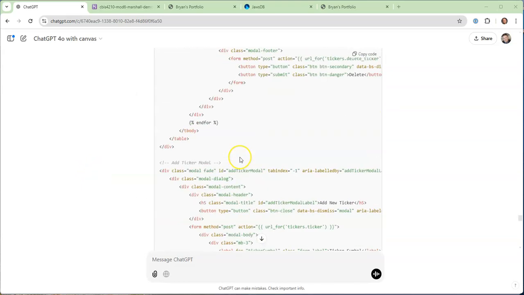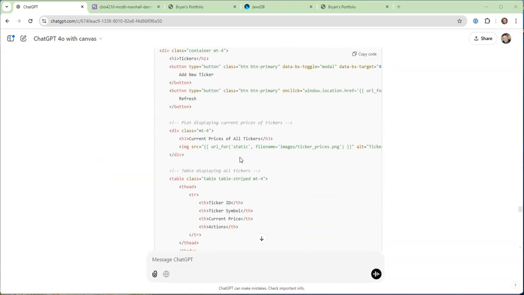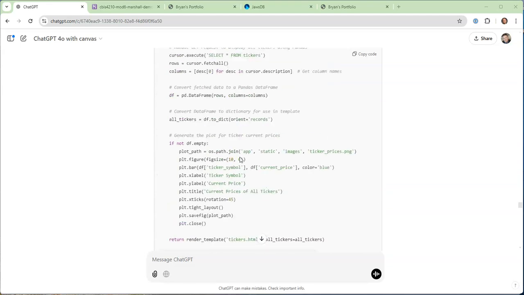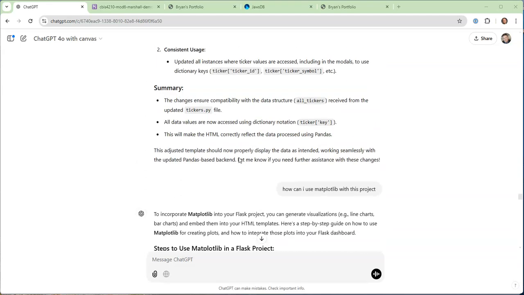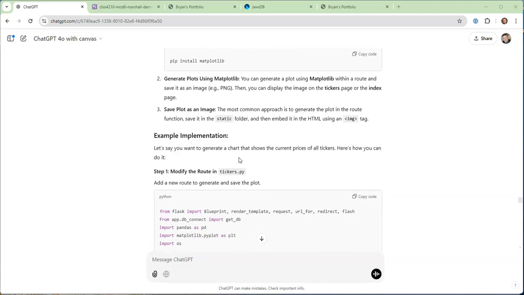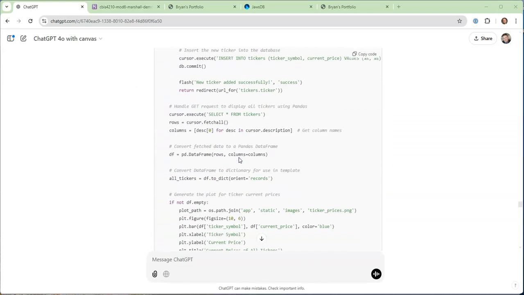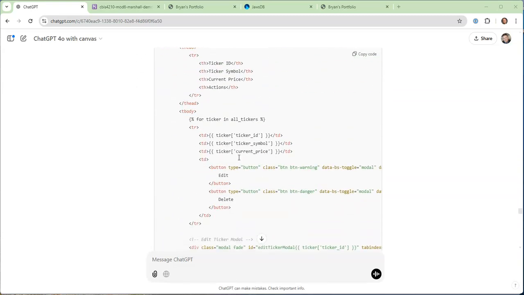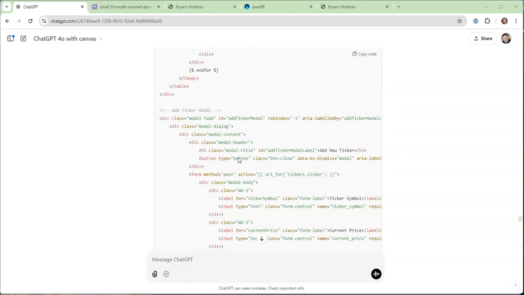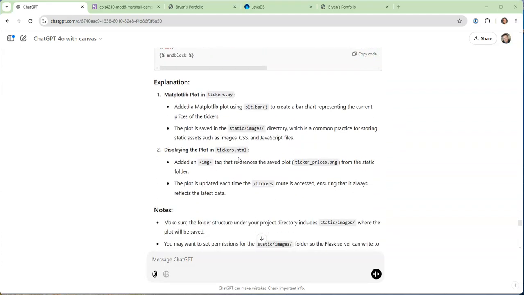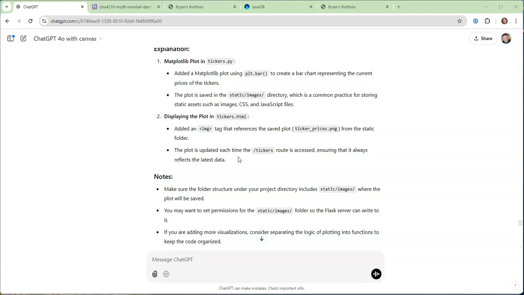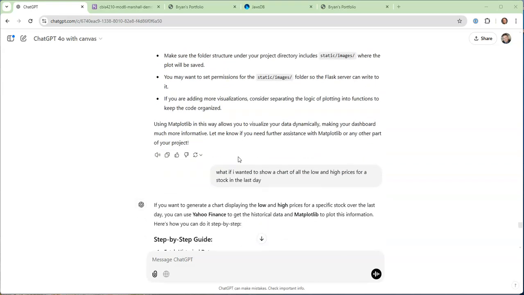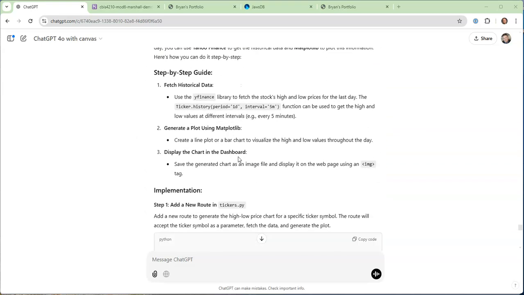All right, on this last one, I want to talk a little bit about MatPlotLib. I asked ChatGPT how I can use it for this project, and it tried to tell me to do all this stuff. And I said, that sounds good, but what if we just did a high-low for the ticker as it clicks the ticker price? And it said that might be a way to do it. So